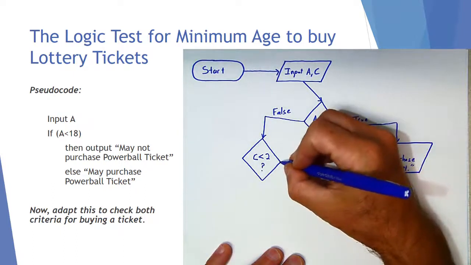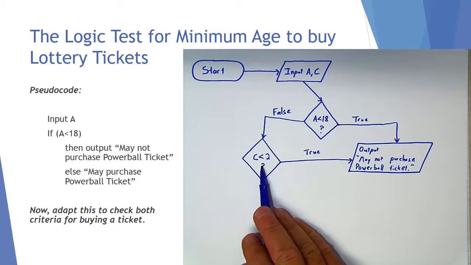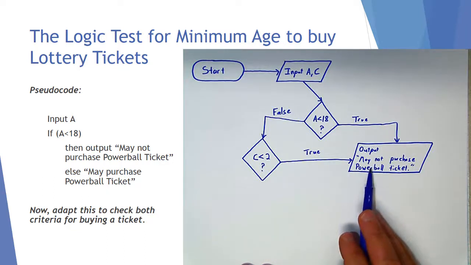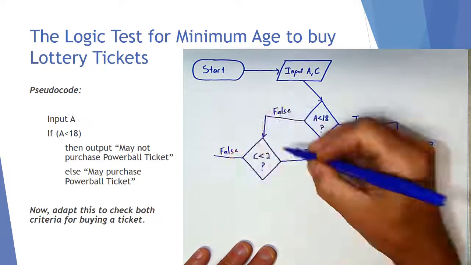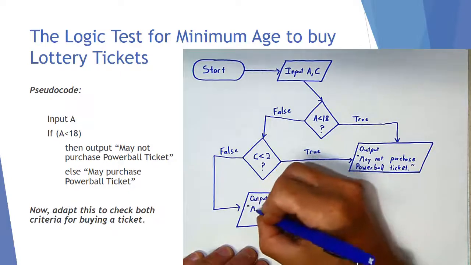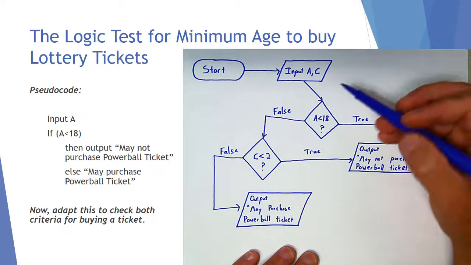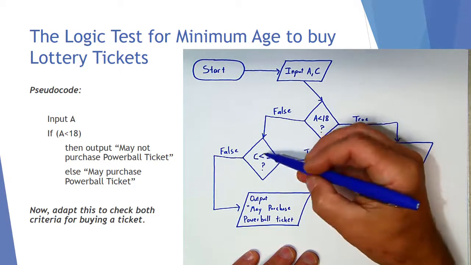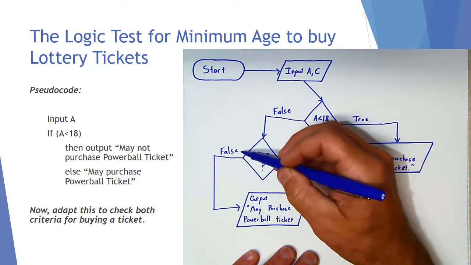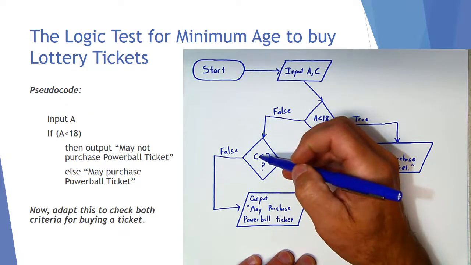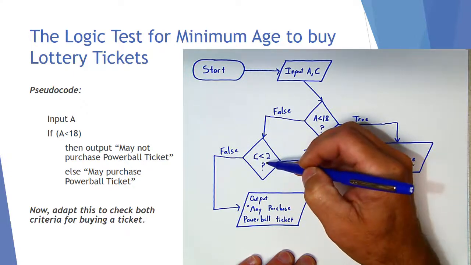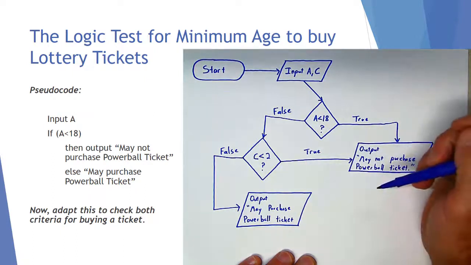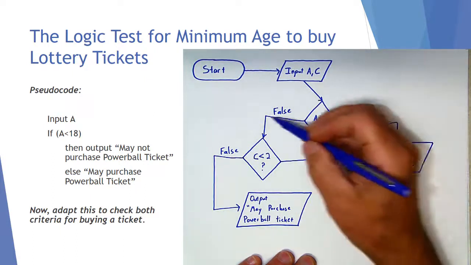Well, if that's true, if their cash on hand is less than $2, then the output is, I'm sorry, you can't buy a Powerball ticket. You are old enough, but you don't have enough money. But if we ask them if they have less than $2 and they say no, that means they must have more than $2, or in other words, it's not true that they're short on change. Then our output is, yeah, you can purchase the Powerball ticket